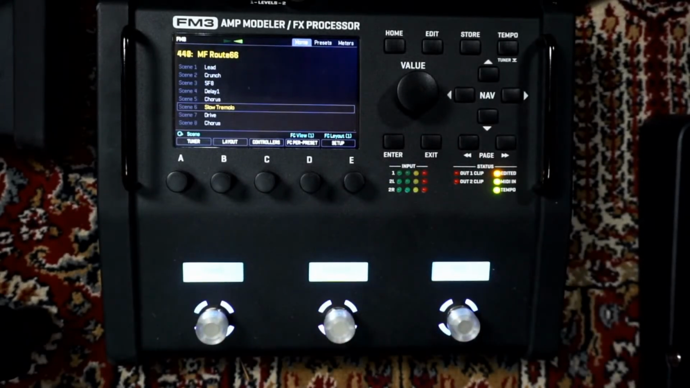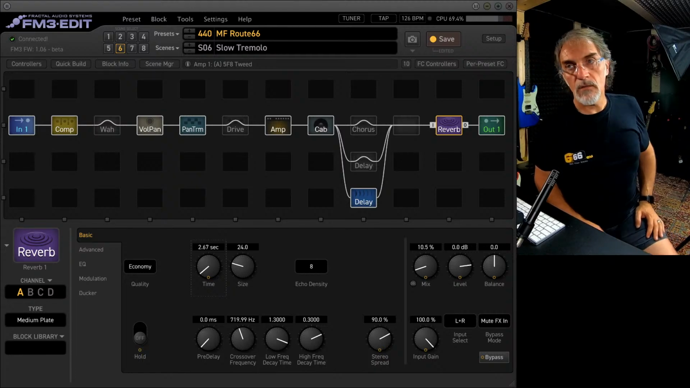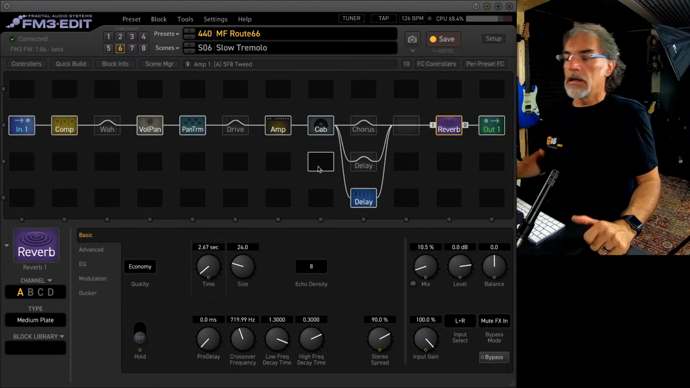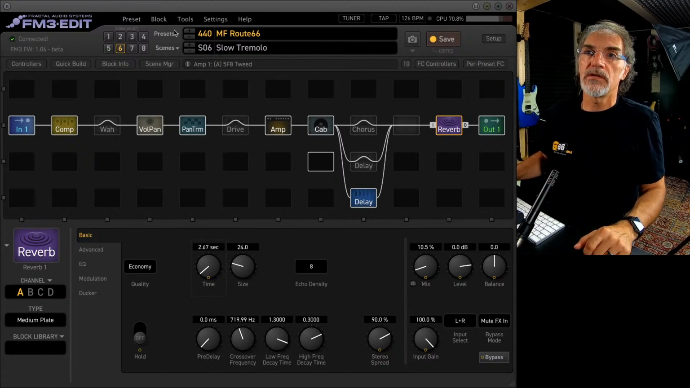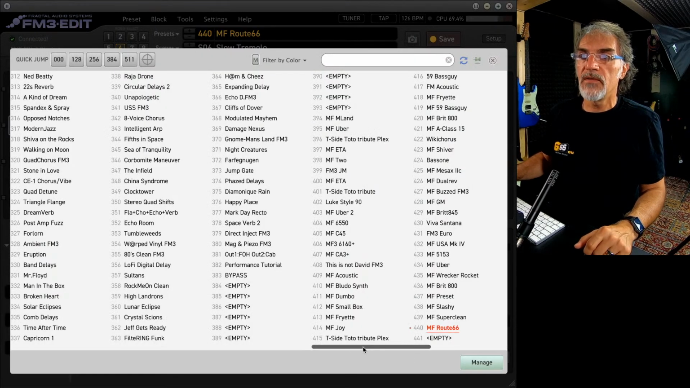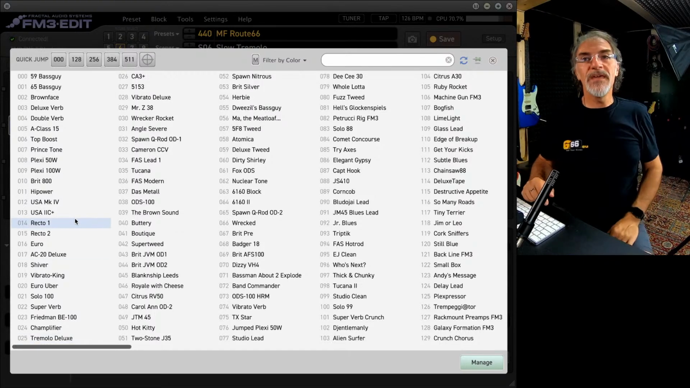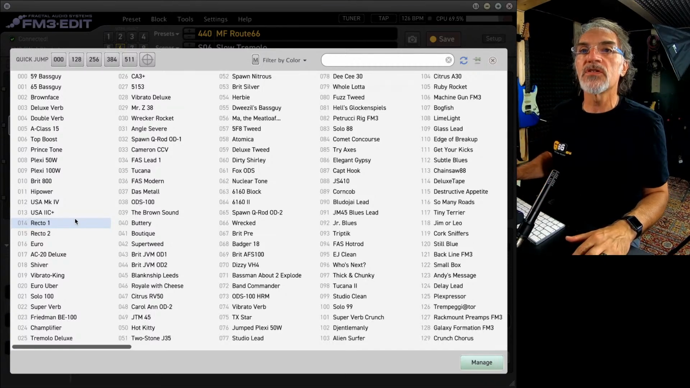So let's come back to the editor, because most of the time you use the FM3 editor to create your sounds. First of all, I wanted to suggest you to navigate and to check the factory presets, because the factory presets are very, very nice and very, very usable, and you understand what is the philosophy behind the creation of the